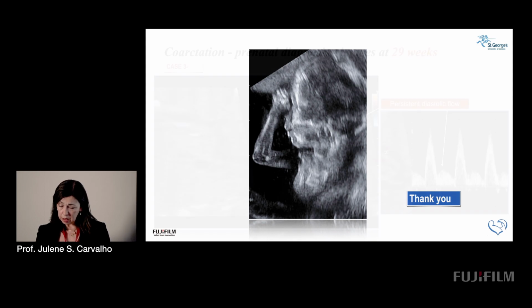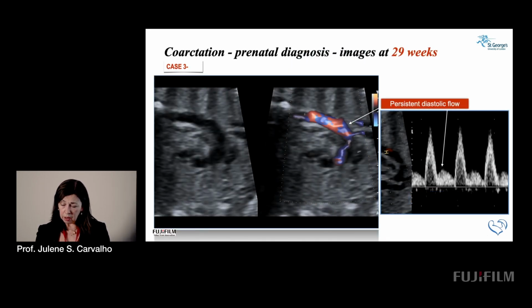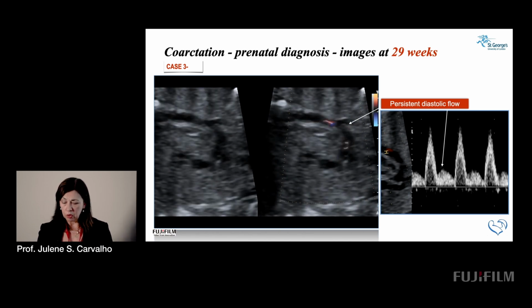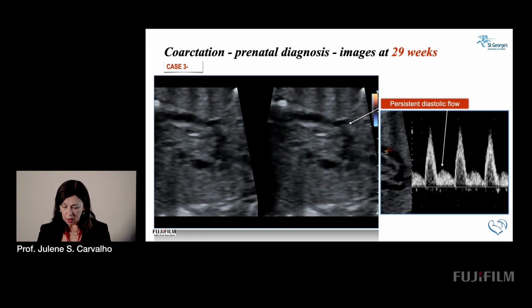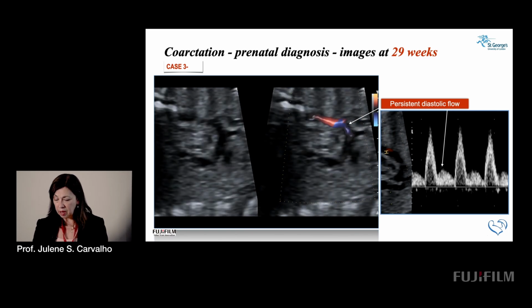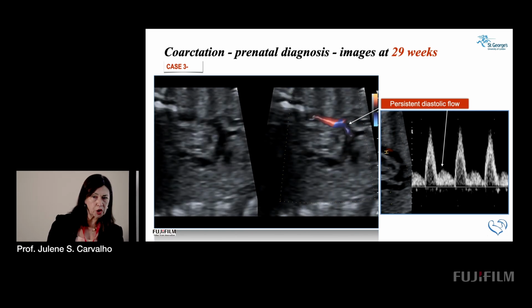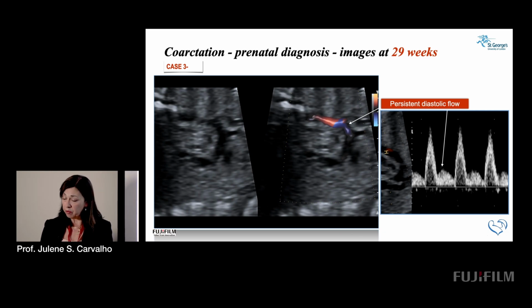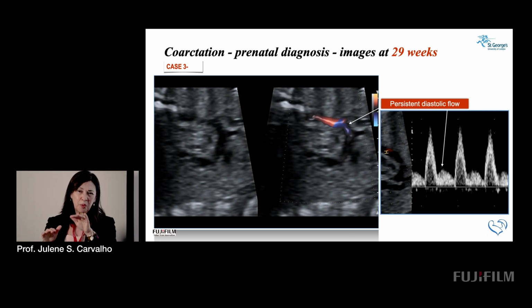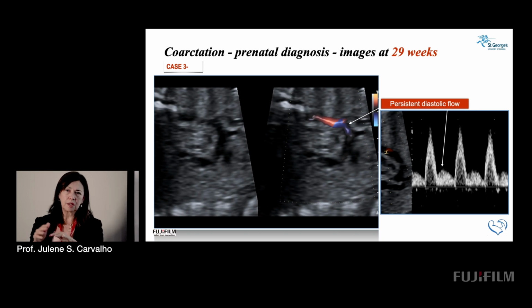So if I play this here, you can see that there is a point when you just see flow in diastole, and we are looking into that in more detail to try and quantify that signal. At the moment it's more subjective. There is persistence, so sometimes you have very high velocities, sometimes it's very low, but as always it's the one in between. So we need to try and make more measurements to try and find the specificity, sensitivity, that kind of thing. But it's one more piece of the puzzle to try and improve the